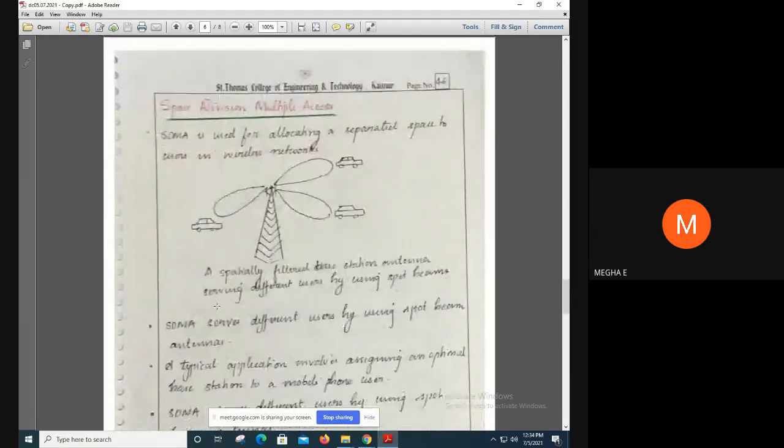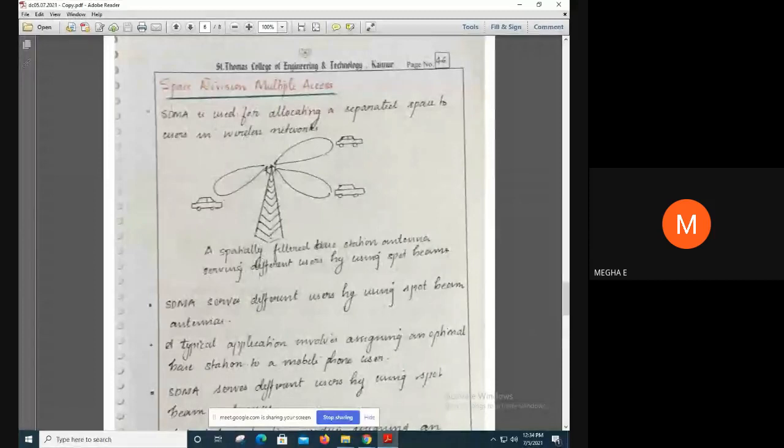SDMA, space division multiple access, is used for allocating spectral space to users in a wireless network. Users are separated spatially, by introducing a spatially filtered base station antenna serving different users by using spot beams.